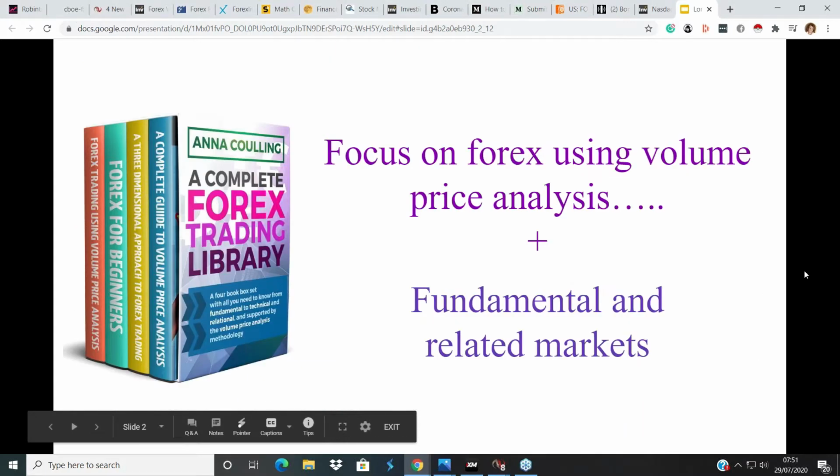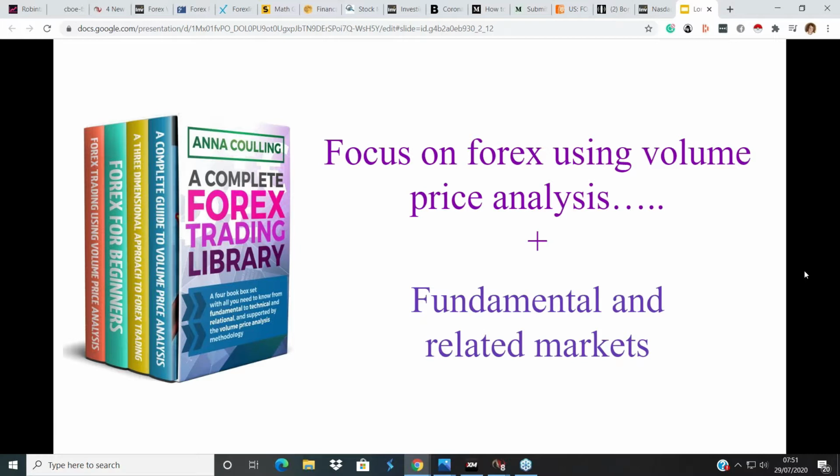Now, I know we have lots of you who come along to this session. Some of you have our quantum indicators, some of you are on the Forex program, and some of you may have read the books that are on Amazon, and some of you don't fit into any of those categories. So for the benefit of those who don't fit into any of those categories, very quickly, what we're